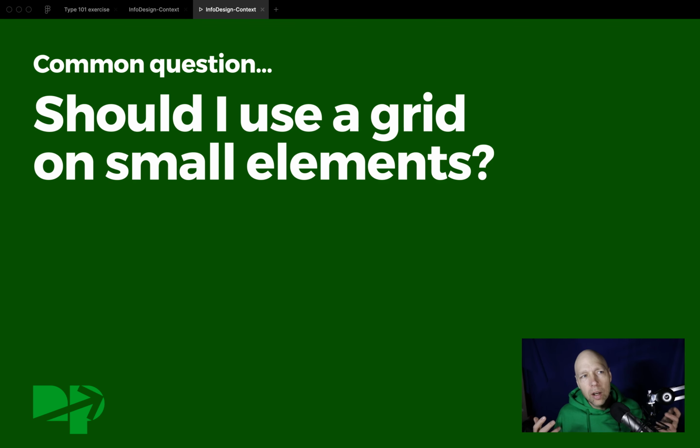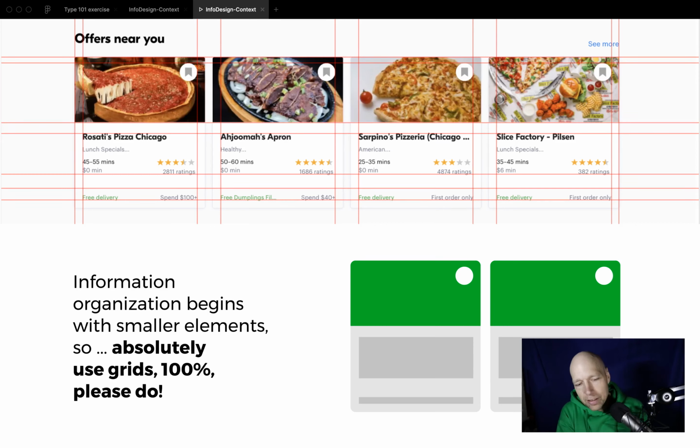Grids are not for pages alone. Of course, when we begin introducing people to the grid, we tend to introduce students and new designers to the grid by placing it on something that is meant to organize a large amount of information. But you can just as easily see the grid at work anytime you look at a site like this one from Grubhub. When you look at each of these components, it's very easy to lock a grid down over the top of the component